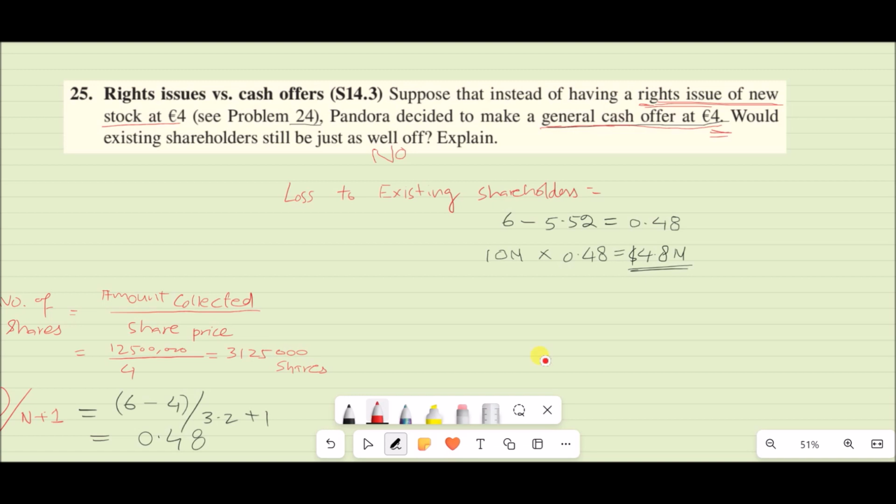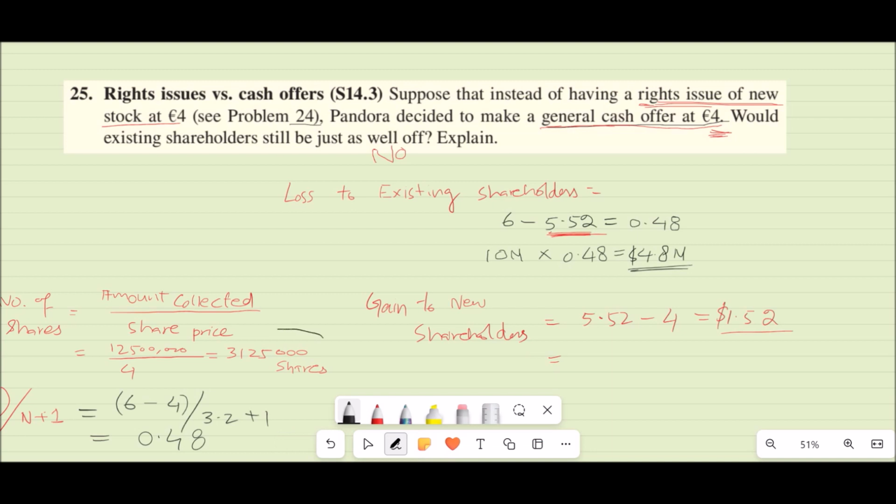New shareholders will buy the shares at 4, and after buying these shares, the share price they will get is 5.52. So the profit, or you can use the word gain, gain to new shareholders is the new share price 5.52 minus the price they have paid for the shares. So for each share they will get $1.52 gain, an instant gain,